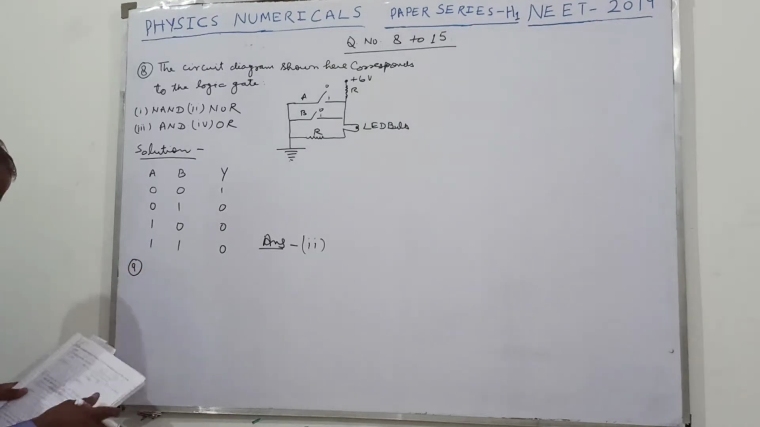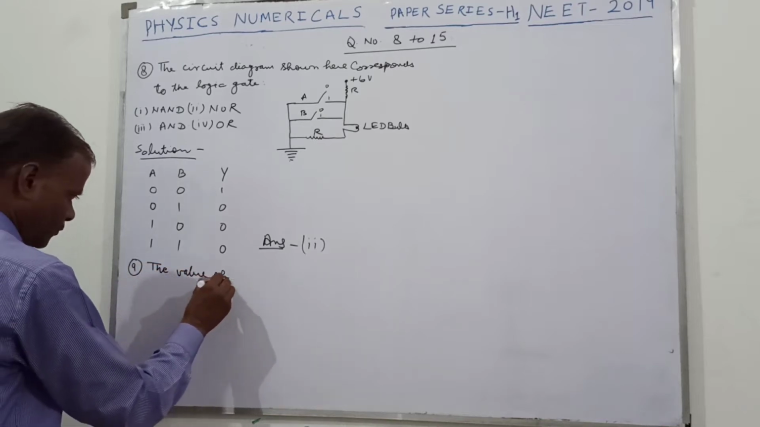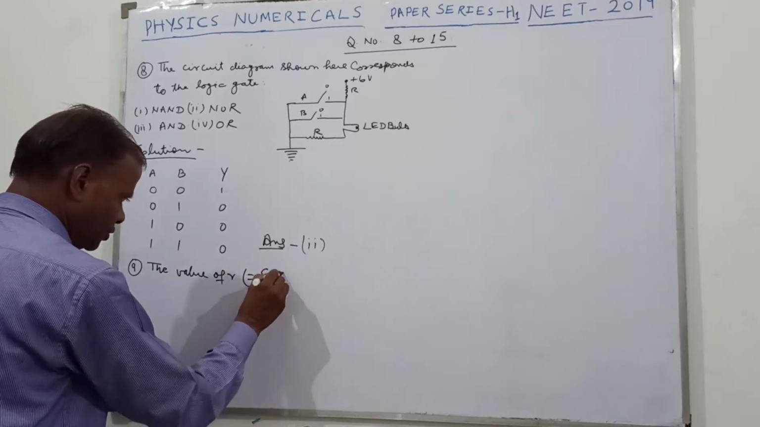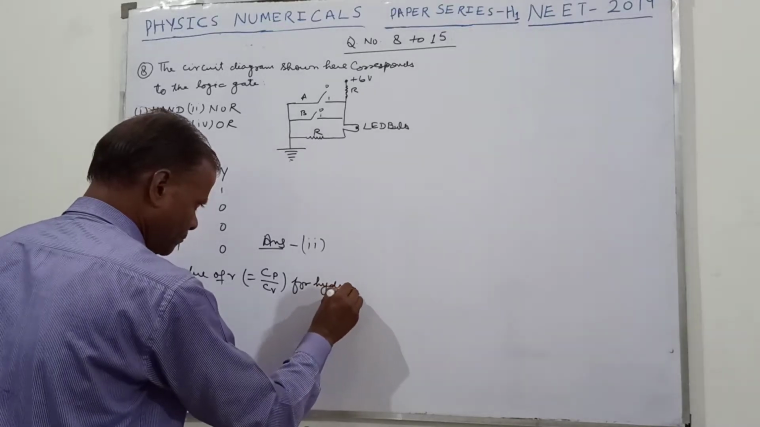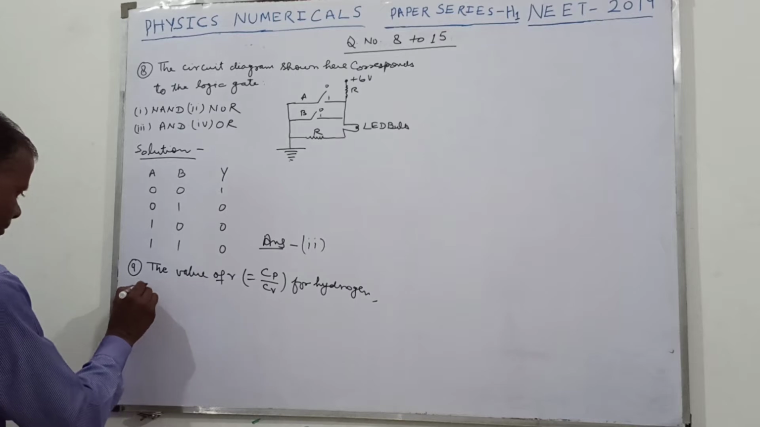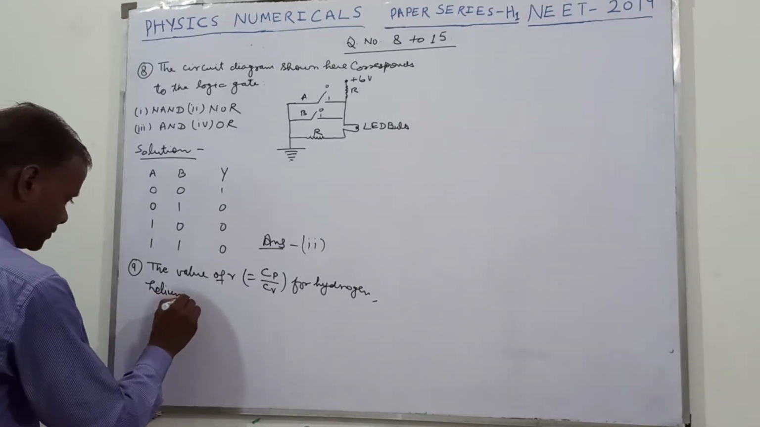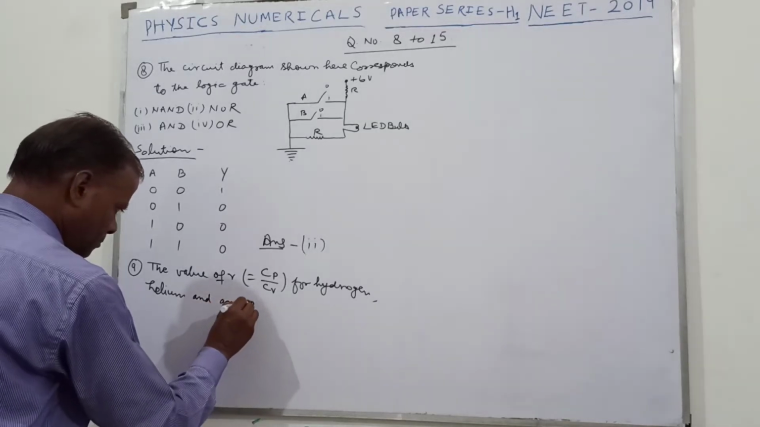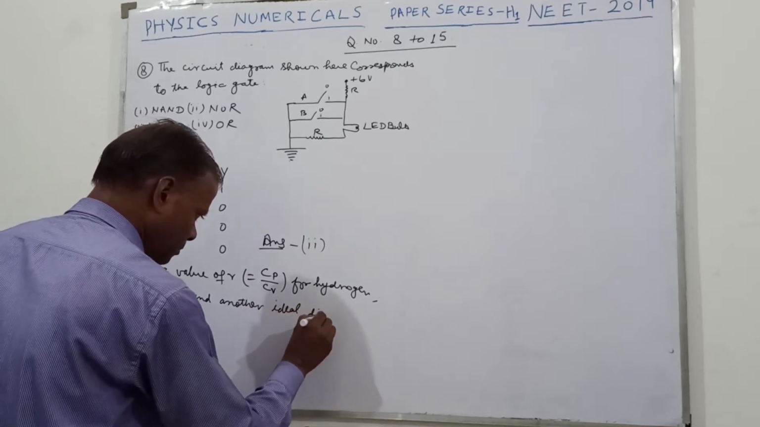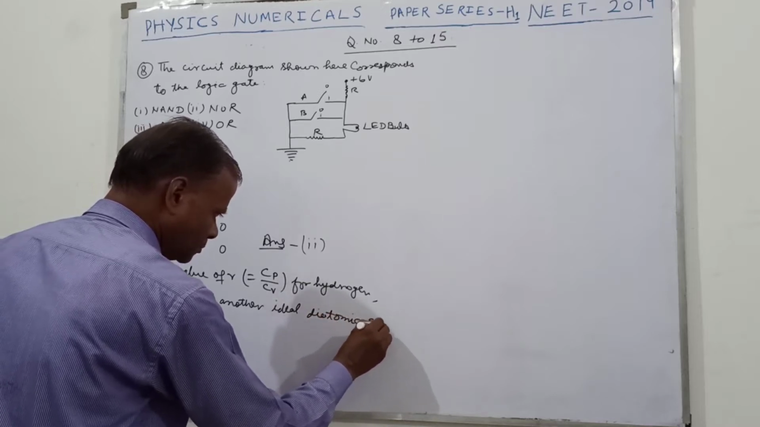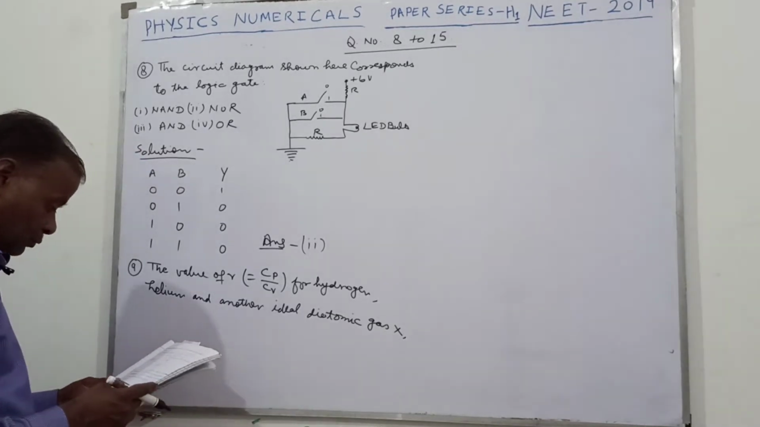And now question number 9. Value of gamma equal to Cp upon Cv, for hydrogen, helium, and another ideal diatomic gas X, whose molecules are not rigid,